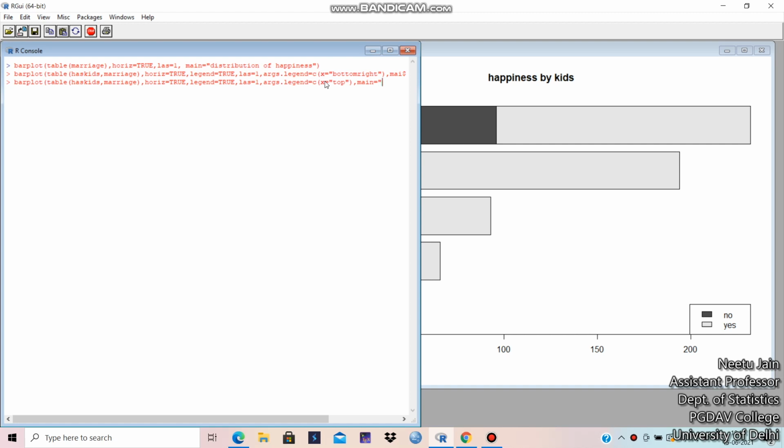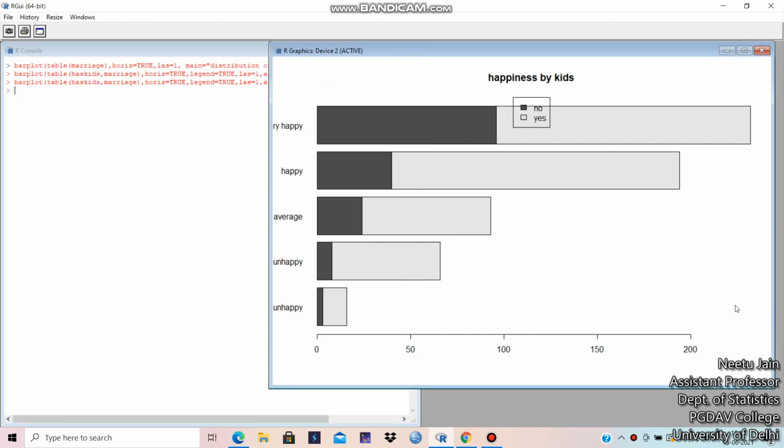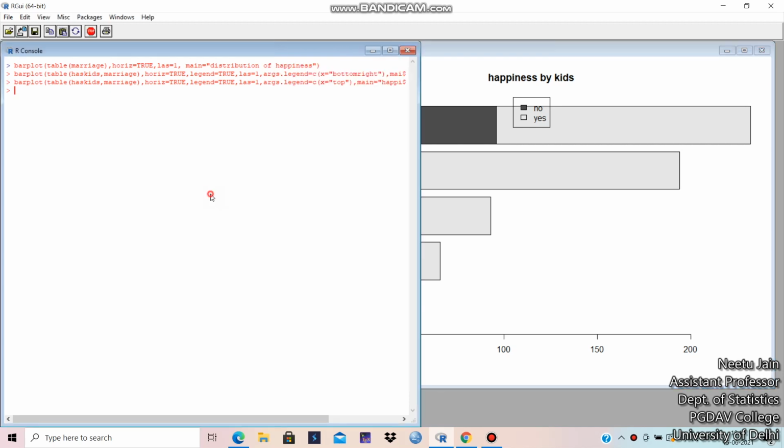Means the title, happiness by kids. Okay. See this. The legends are placed at top. If you have written center, then the legends must be placed somewhere here at the center. You can also write some other position, so they will be placed like that.